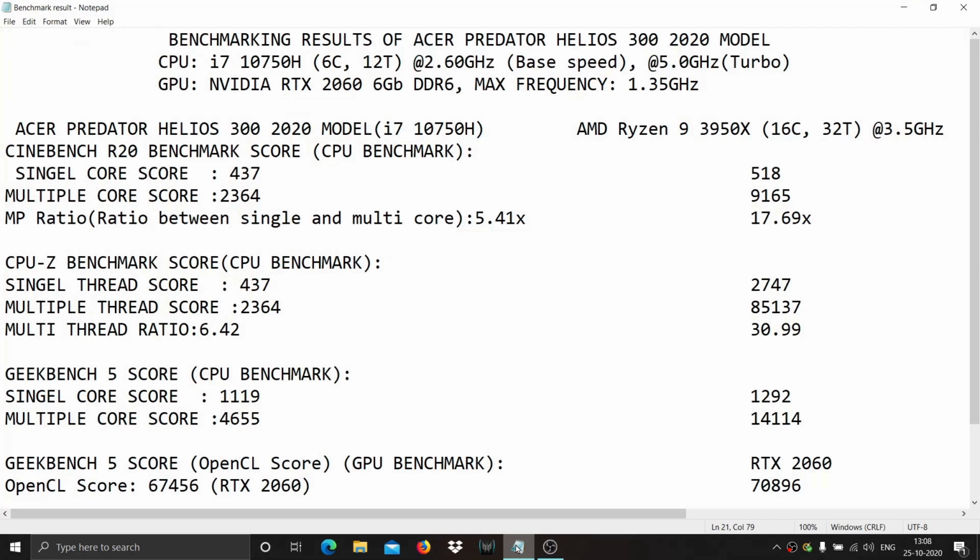Here is the overall benchmarking result of the Acer Predator Helios 300 2020 model. It has the CPU i7 10th generation 10750H, 6 core and 12 thread, 2.60 GHz at base speed and turbo up to 5 GHz, and the discrete GPU NVIDIA RTX 2060 6GB GDDR6 graphics card, which has a max frequency of 1.35 GHz. Here is my laptop's benchmarking result,